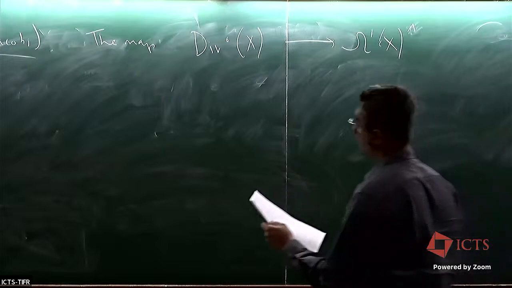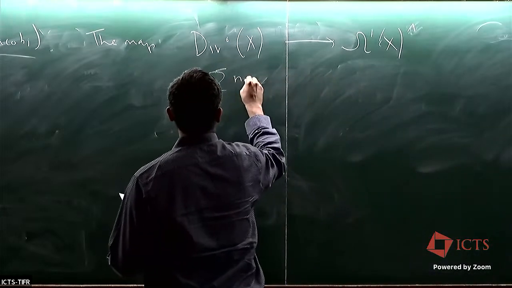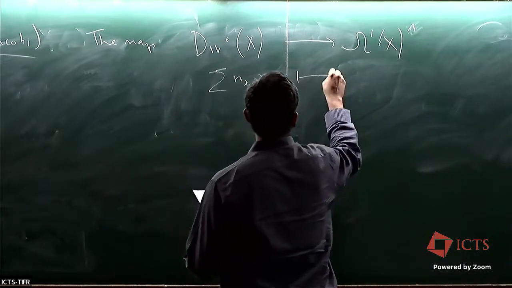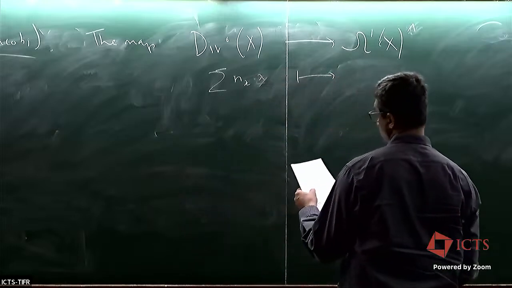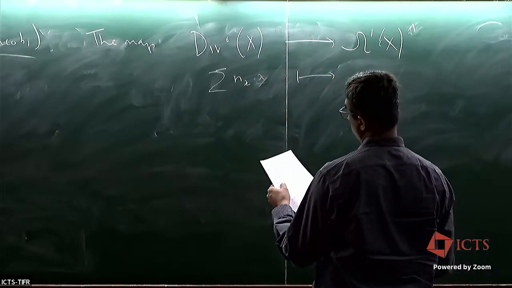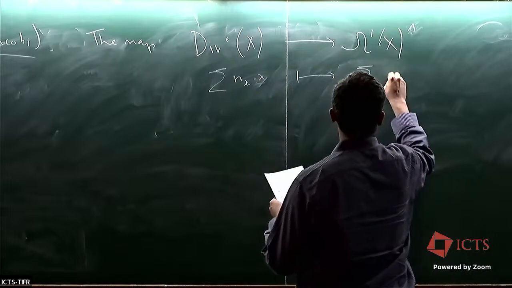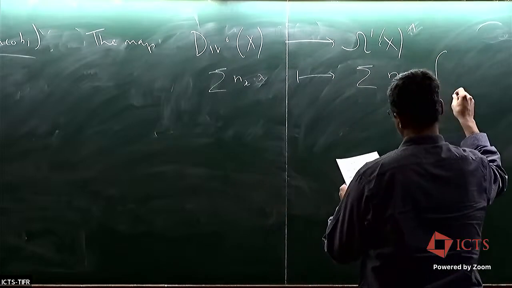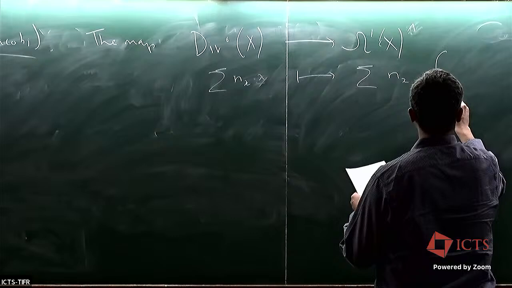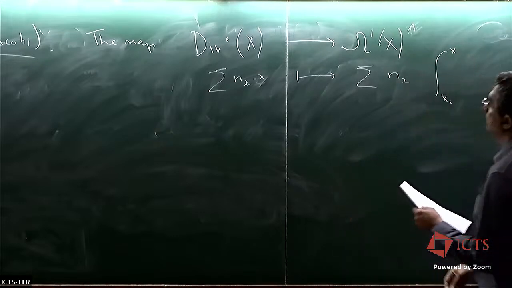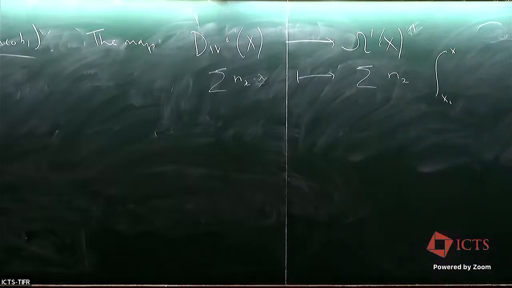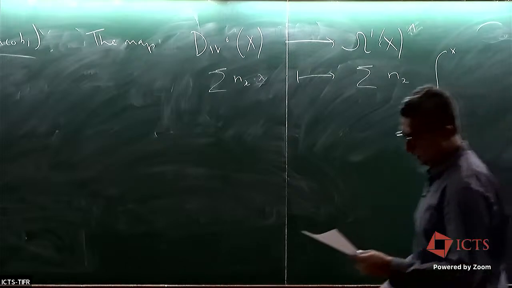So this takes a divisor of degree 0 to the following linear form on omega 1 of X. Writing this a bit abstractly, this means you integrate differentials. Just writing the integral, omega maps to the integral of omega,